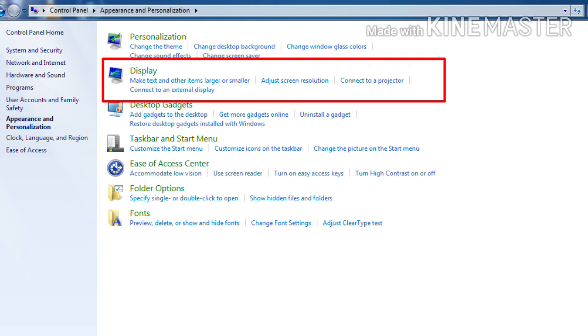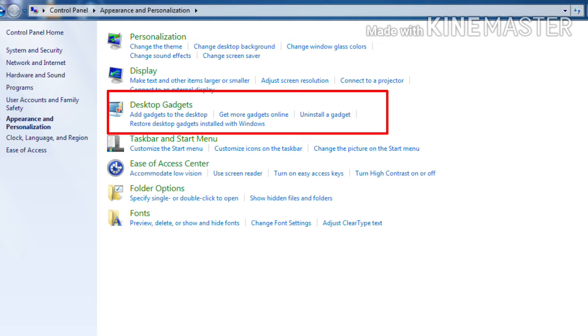If you want to connect your system to a projector or an external display, you can use this display applet. The next is desktop gadgets, through which you can add gadgets to the desktop, access more gadgets online, uninstall a gadget, and also restore desktop gadgets.